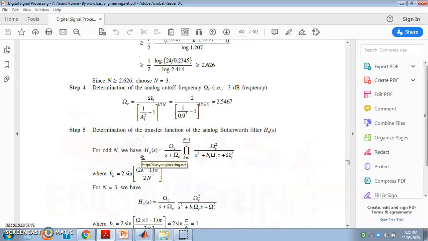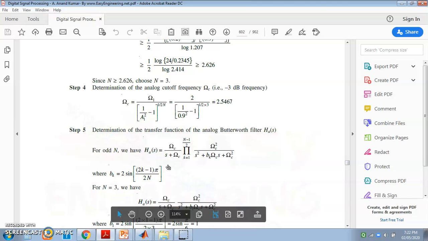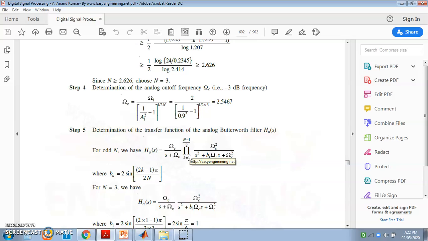Once we know the cutoff frequency and the order of filter, then from the order of filter one can find out the transfer function of the analog Butterworth filter. And here there are two cases: one is when the order is even and the other when the order is odd. Now in this case we are getting the order capital N equal to 3, so it is a case for an odd order filter, and for that we write the transfer function directly as HA of S is equal to omega c upon S plus omega c, multiplied over the range of the terms k from 1 to (N minus 1) divided by 2 of omega c square upon